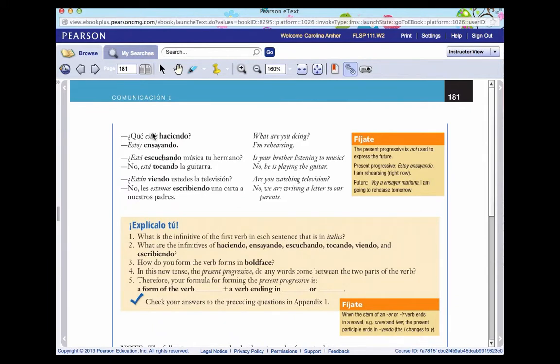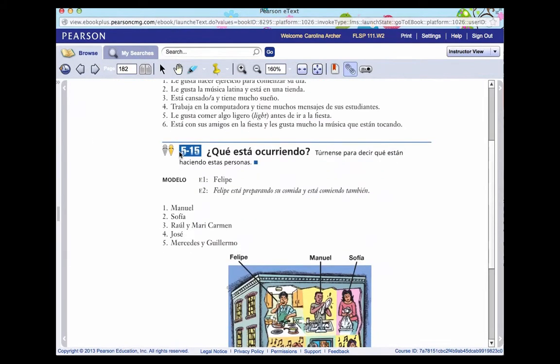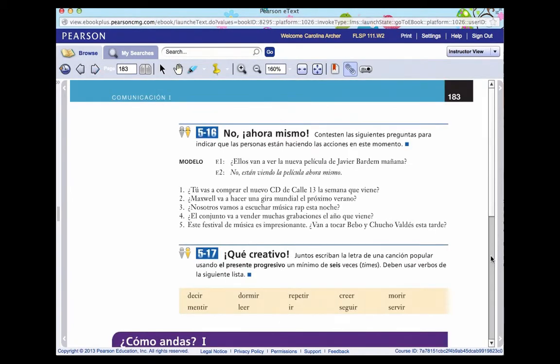Okay? And we have to conjugate estar. Estás, estoy, está, están, okay? Estamos, plus el participio. ¿Sí? Okay, muy bien. So you have to do your activities to understand this a little better, and we come to